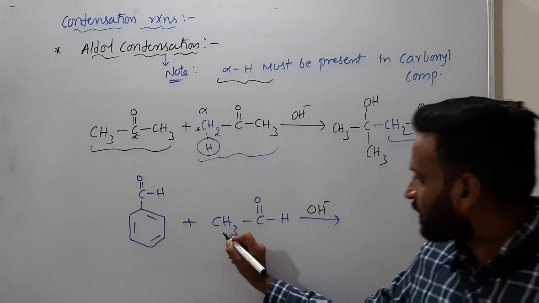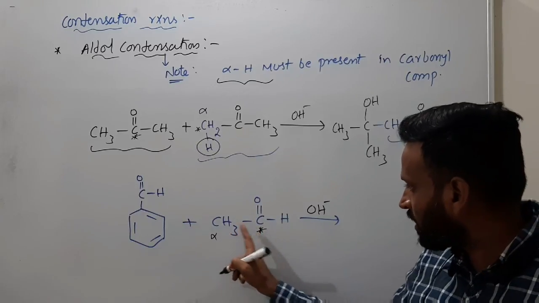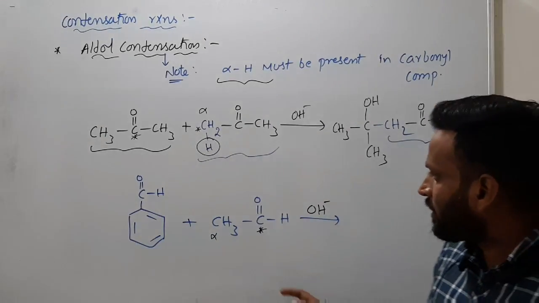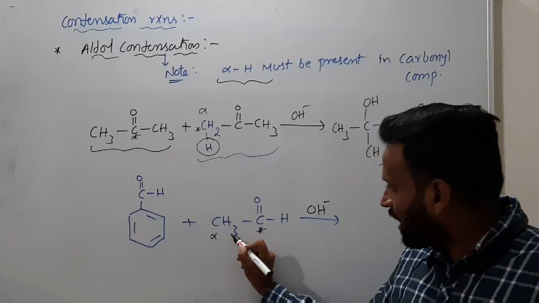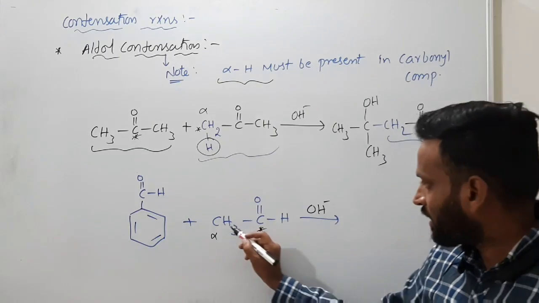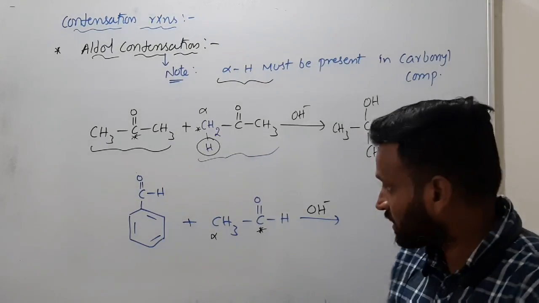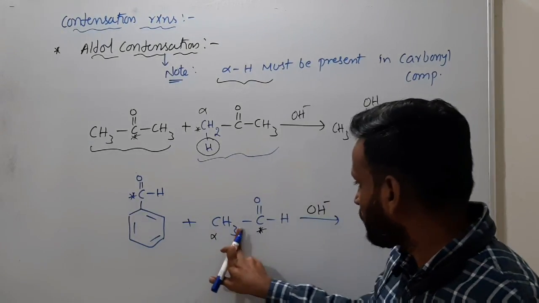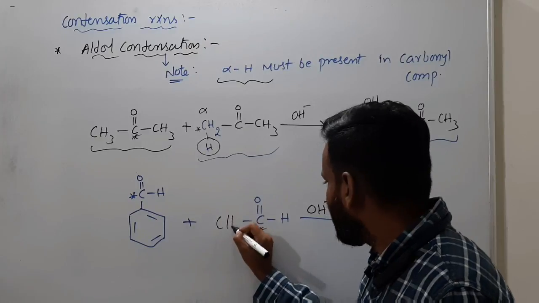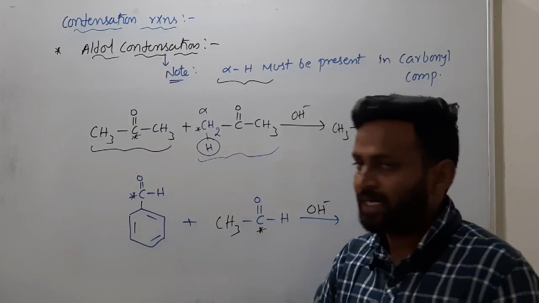So what happens here? This is alpha. This is the carbonyl group and this is the carbonyl group. The very next carbon is called alpha. The alpha carbon has 3 hydrogens. So very simple. As I said, from this alpha carbon, hydrogen will move to this oxygen and this CH2 will add on this carbonyl carbon. That's it. So what is the product? Can you guess now? Understood what I said? So this is actually CH. Now this CH3 I am writing like this. CH3. What happened? One of the hydrogens will go there and the CH2 will add to this.